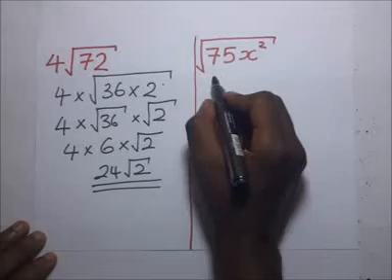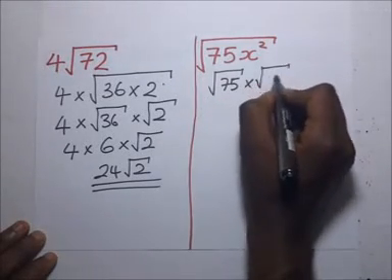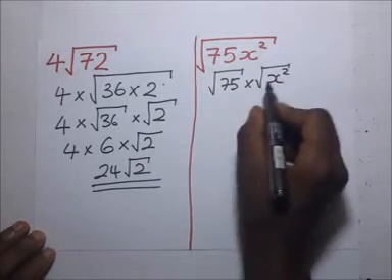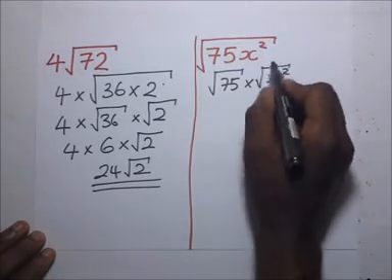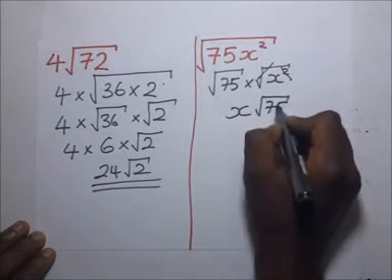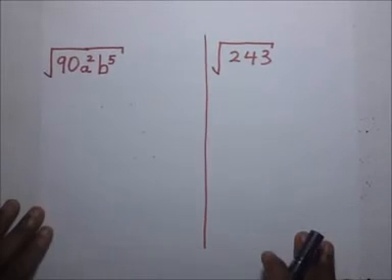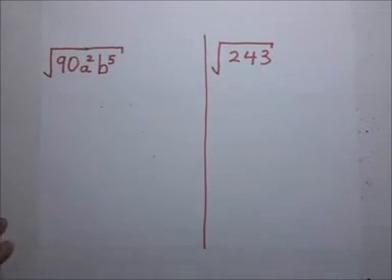75x squared is going to become the square root of 75 times the square root of x squared. And of course here, the square root of x squared, this square root goes with that, you remain with x times the square root of 75. That's the simplification of that side. Then we have two more numbers right here. We have 90a squared b to the power 5. To simplify that side,